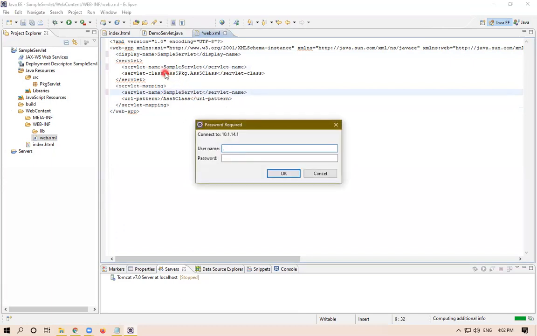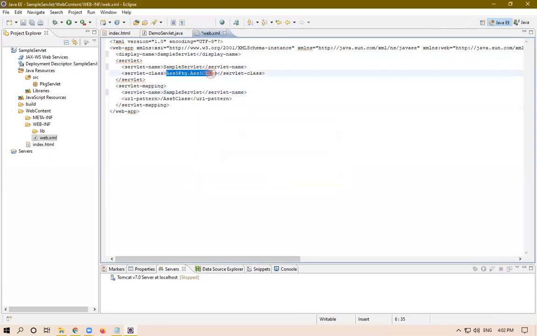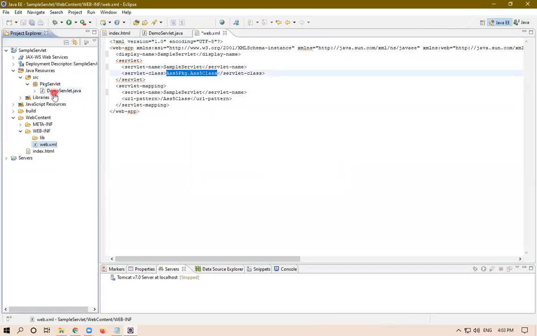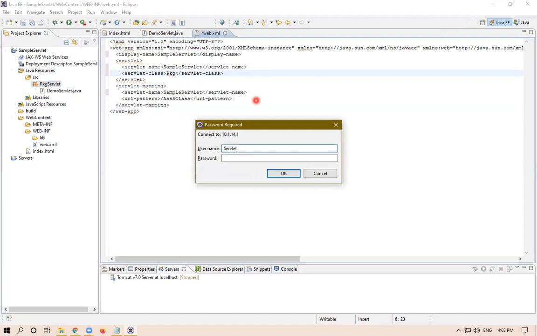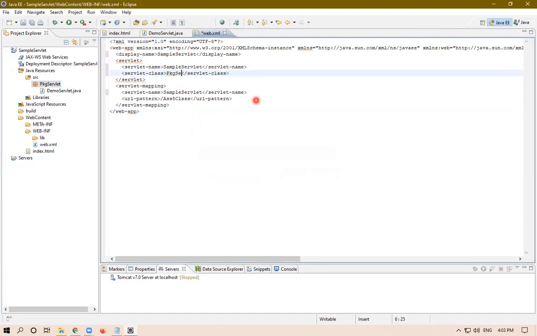Here I want to specify the package name and class name. So my package name is package servlet and class name will be demo servlet. So I will modify this to package servlet dot demo servlet.